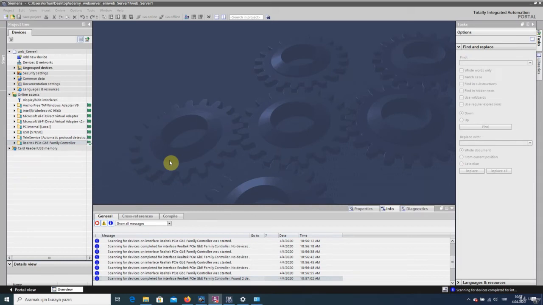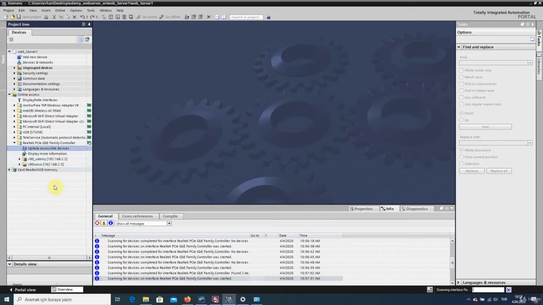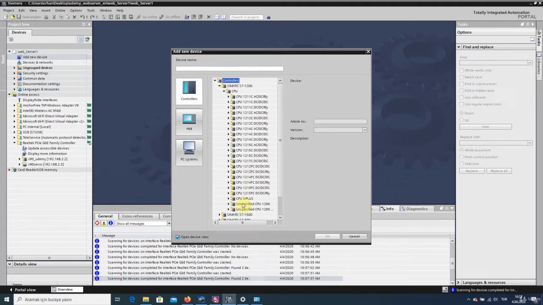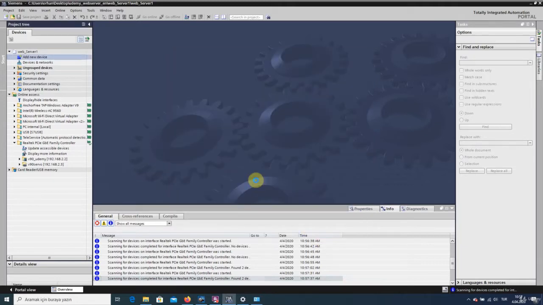We will start learning the web server feature of the S7-1200. First of all, we need a new device. If you want, we can check our device. Our last project is here, V90 Udemy. I push a new device button. I will choose a different way for adding CPU. You can choose unspecific CPU S7-1200 and specific CPU, and I push OK button,